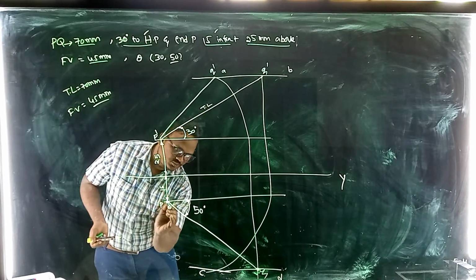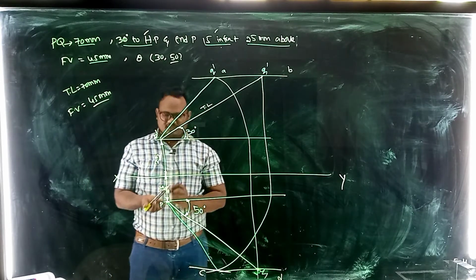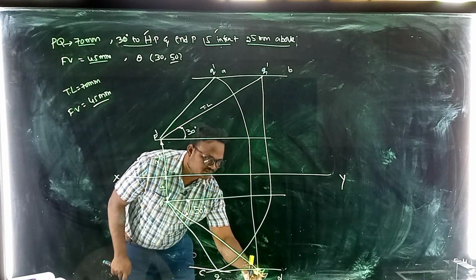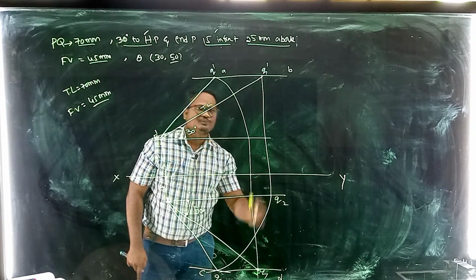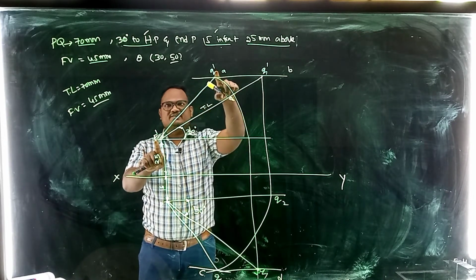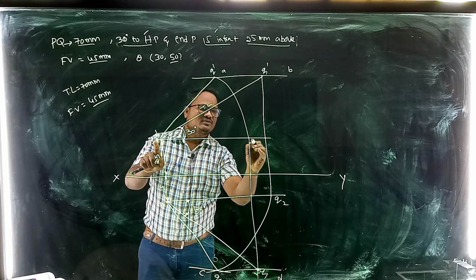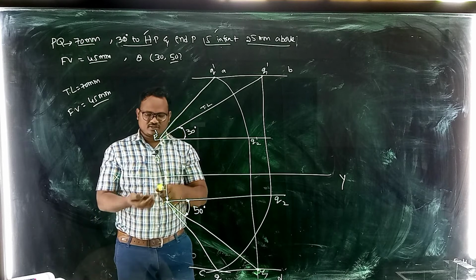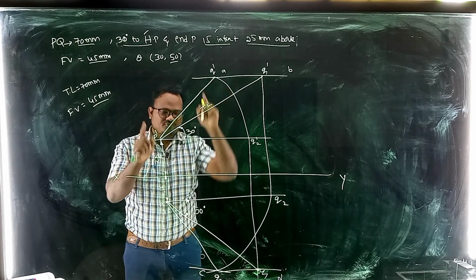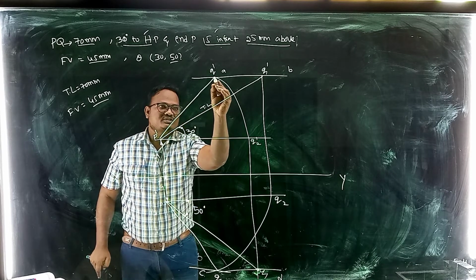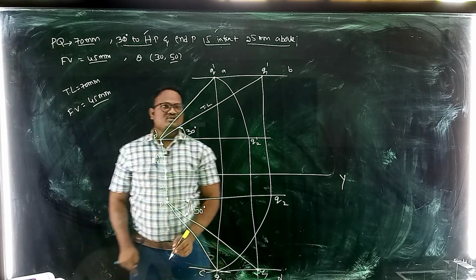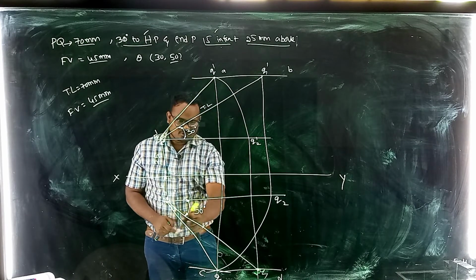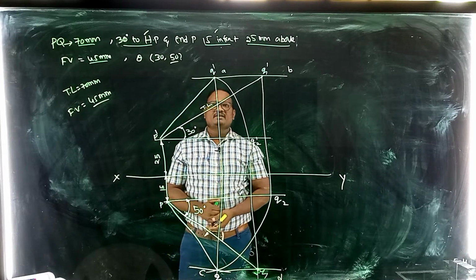By joining these two, we will get the compressed top view. So this is P, this is Q, this is Q1, and this is Q2. Here also the same: P dash, Q dash, this is Q1 dash, this is Q2 dash. Whatever angle of inclination we got, this is beta. Finally, the final compressed front view and final compressed top view we will get in a single straight line. So this is the angle of inclination with VP, nearly 50 degrees.